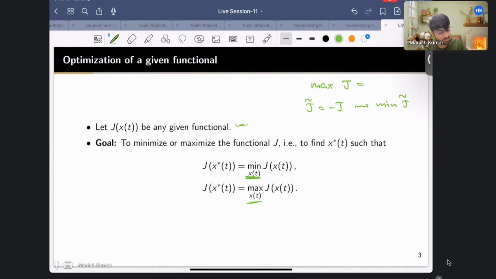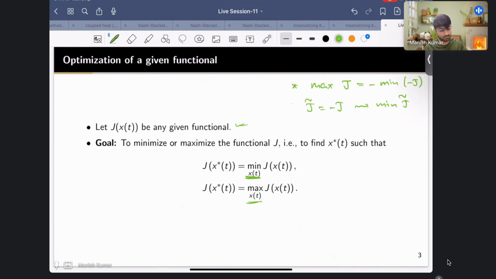Then the maximum value of J would be minus the minimum value of J tilde. Or if you want to write further, J tilde is nothing but minus J,